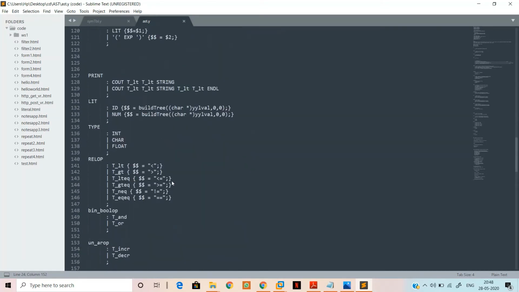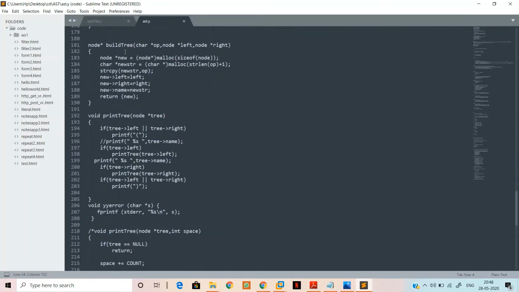This phase has only two functions, named the build tree function and the print tree function. Build tree builds the tree, and as the name suggests, print tree prints the tree in order fashion.